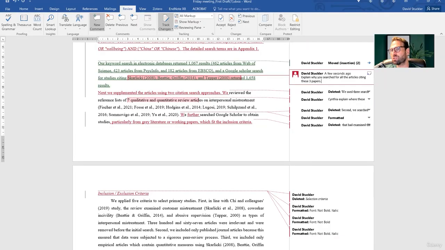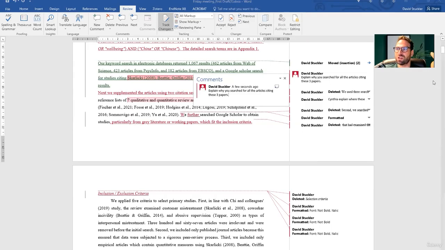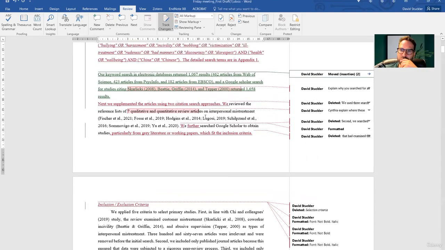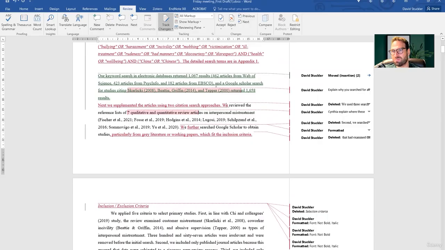Now, if you wanted to use Google Scholar or something to help you with the retrieval, that's fine. That doesn't matter. You found the paper in the online database and you accessed it through Google Scholar. That's just a question about retrieval. That's not a matter of inclusion or exclusion. I hope that makes sense.